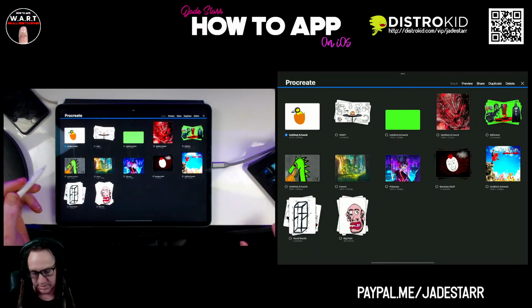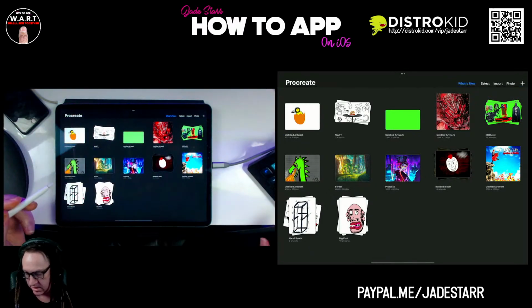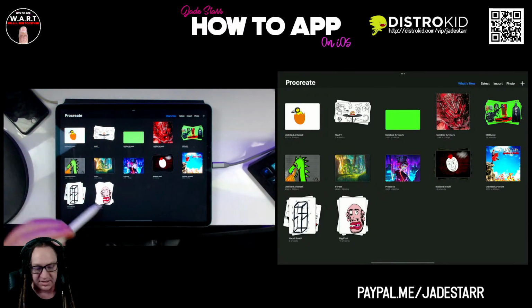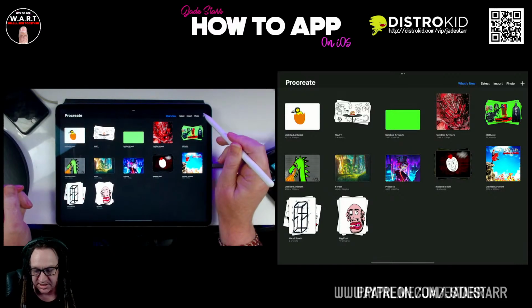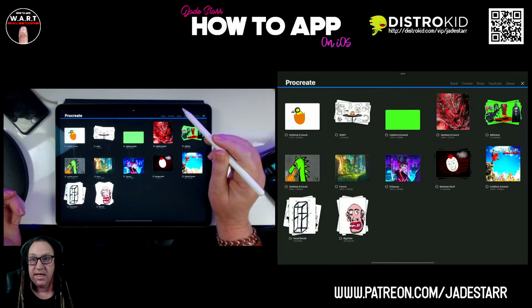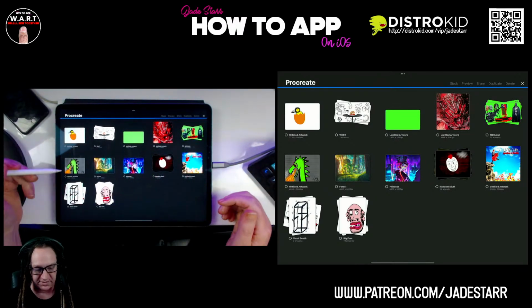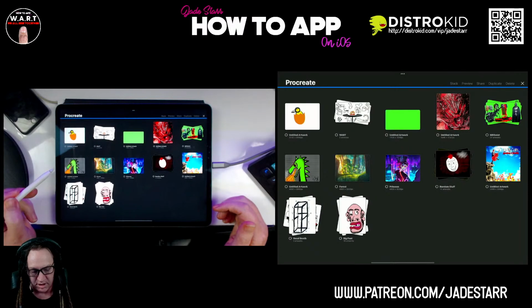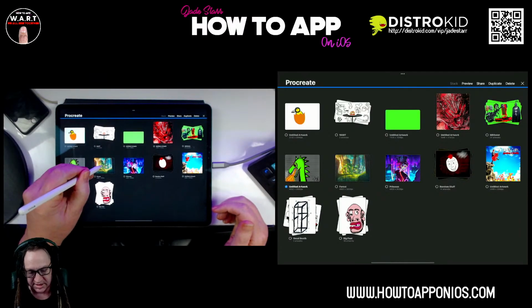Now to group things, let's show you how to group things. So let me just get out of this. So to group things, I'm going to click up the top here where it says select. And if I hit select, it allows me to choose a whole bunch of things. So I'm going to select this one here. I'm going to select this one. And